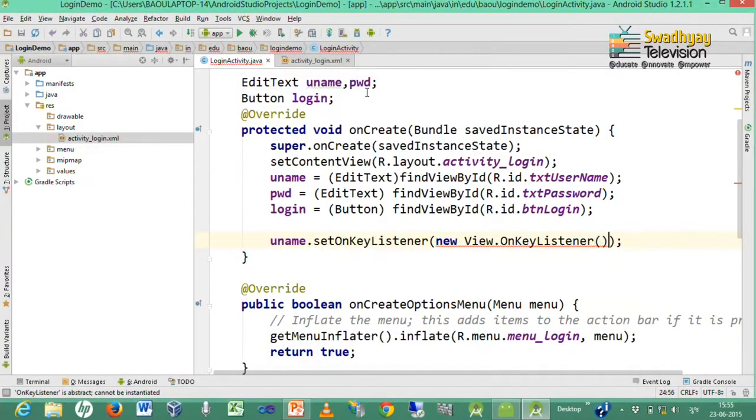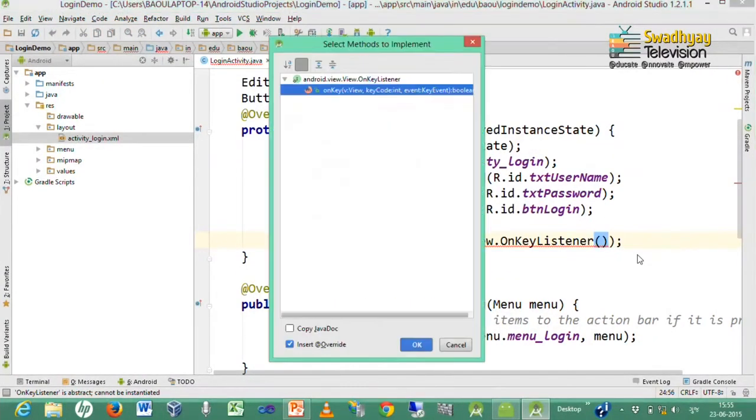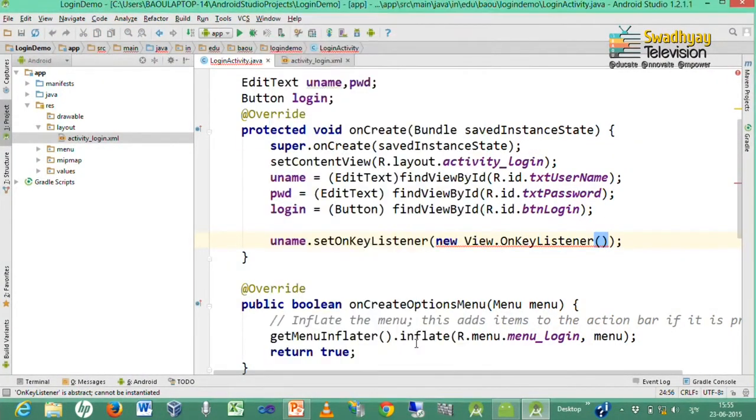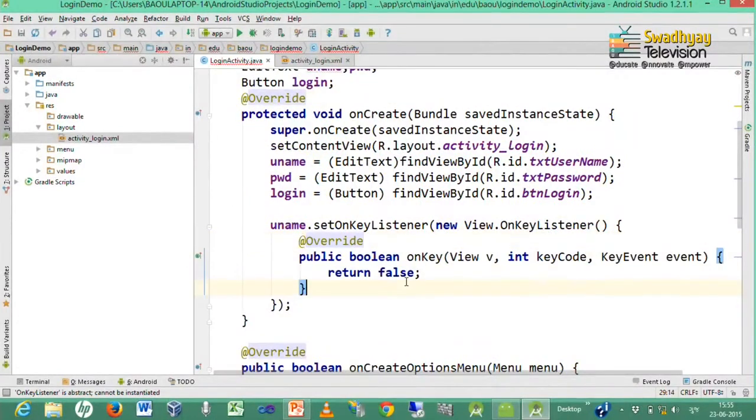Here I press Alt+Enter. It will ask me to implement methods and I give OK. It will implement the onKey method for me. Here you can see there are three arguments: view, key code and event.